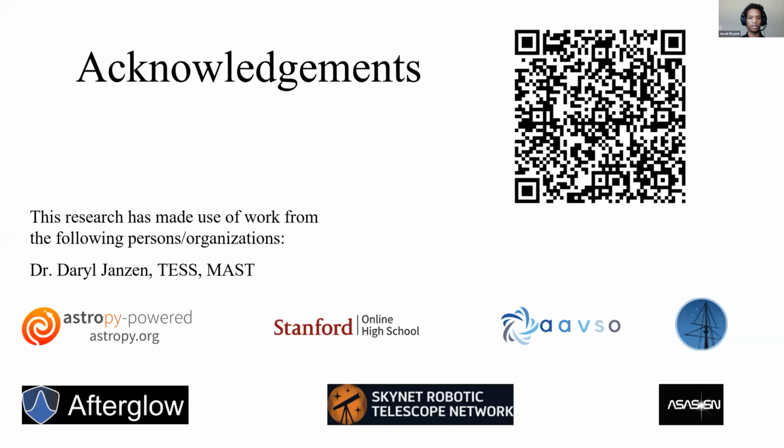To conclude, we estimated a period for the system on par with previous estimates, suggesting that the period is not changing. And when incorporating research of previous studies alongside our light curve analysis, we suggest that the system be classified as an EA-type binary. The study, which is explained in further detail in the QR code, could not have been